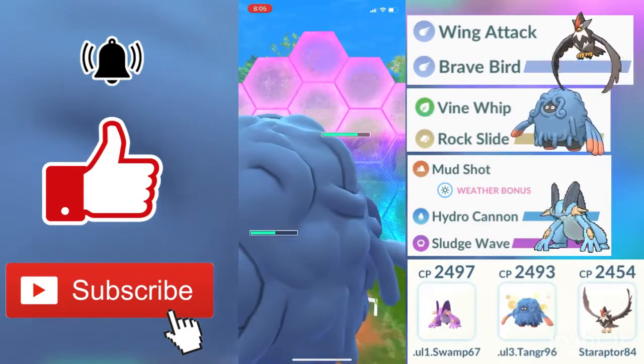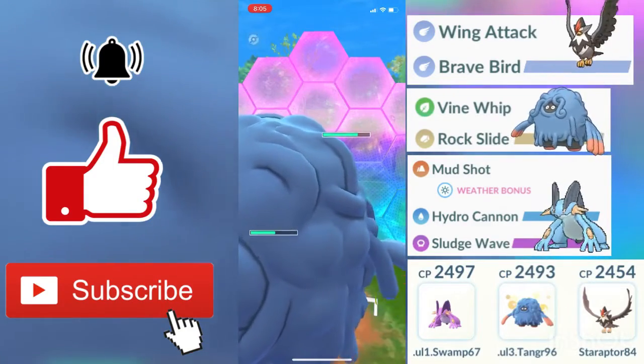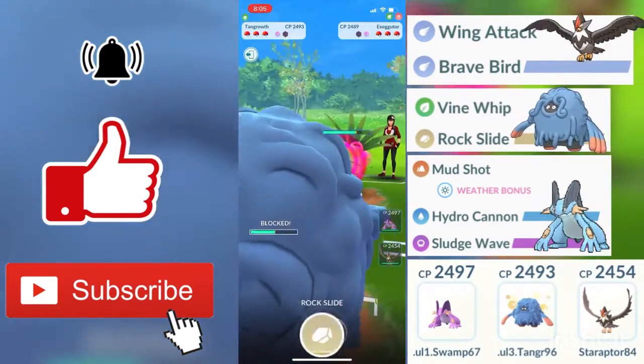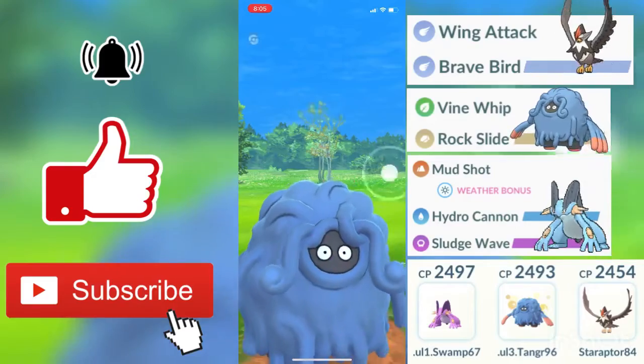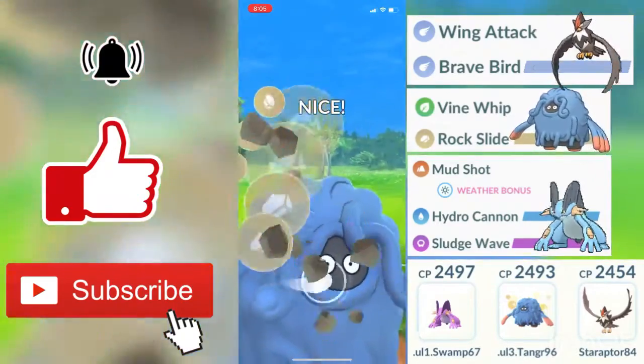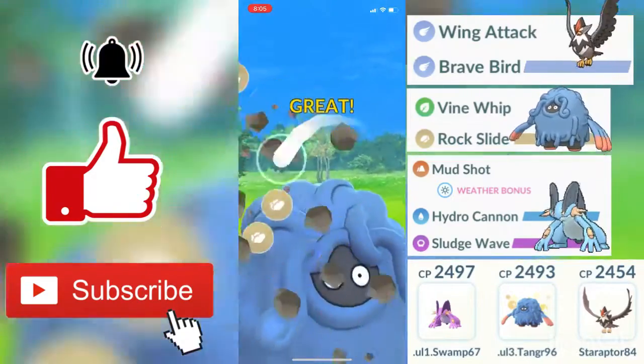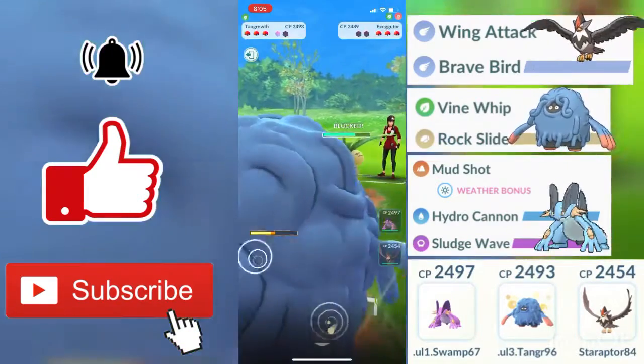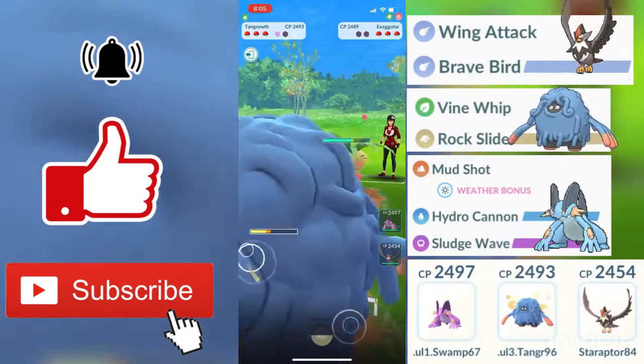I will have a Rock Slide ready for them to be doing super effective damage. Swampert is also a really solid starter Pokemon, but I am just going to be trying out Tangrowth for this round. So my Rock Slide will be charging up. Rock Slide will be doing neutral damage against him due to Rock types being neutral damage against both grass types